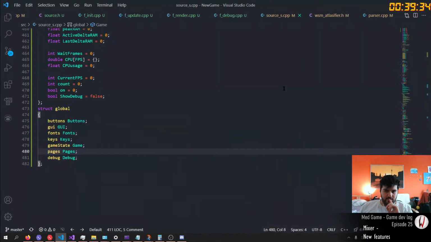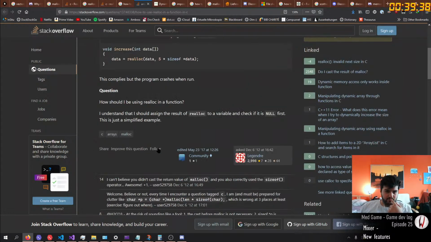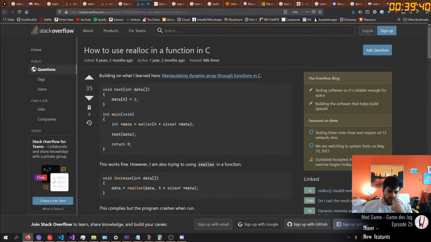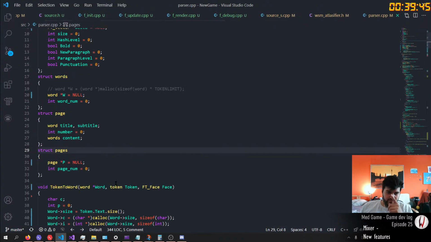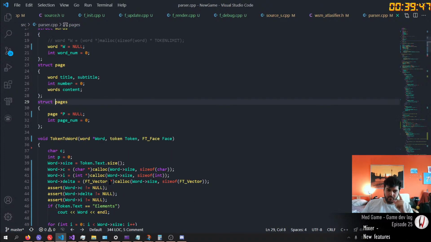Alright, so I think I found this here, and this is very similar to what I'm doing. And I think I understand the problem. I am working with all of these things. It's a bit of a doozy.